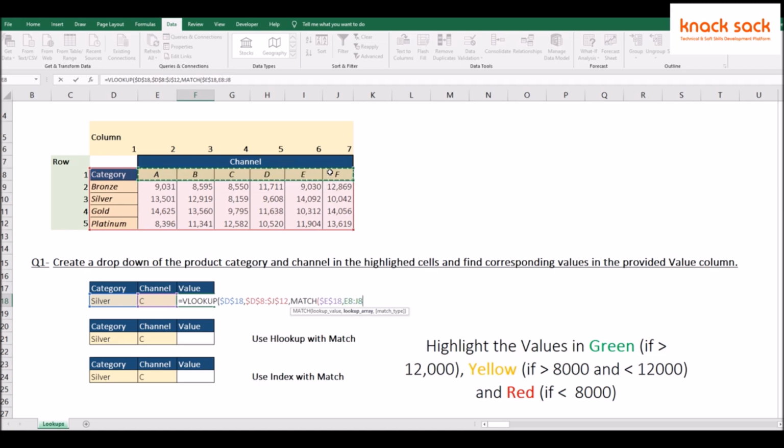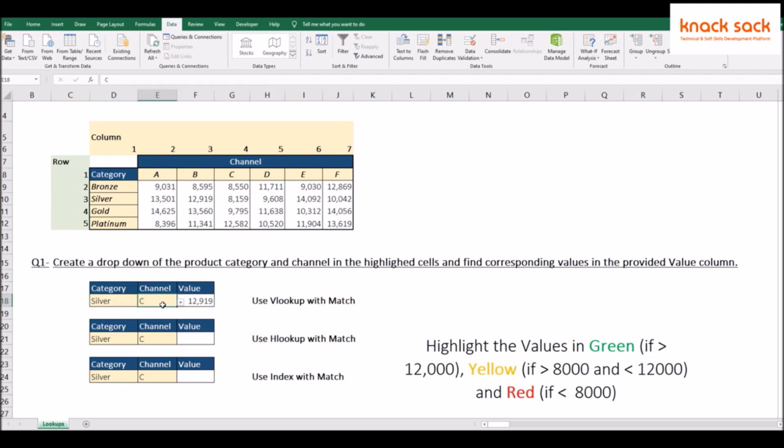This complete array. Freeze this again. The match condition will be exact because we don't want to find the approximate match. We want to find exact match. Then again, parameter for range lookup will be exact match for VLOOKUP also. So for silver and channel C,